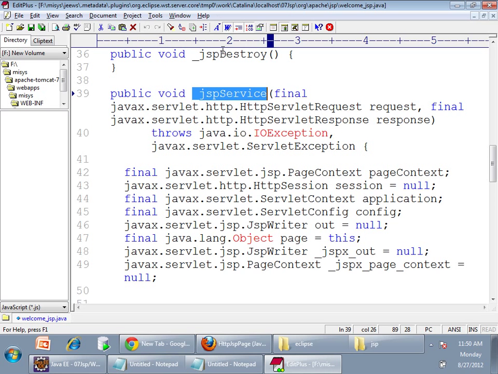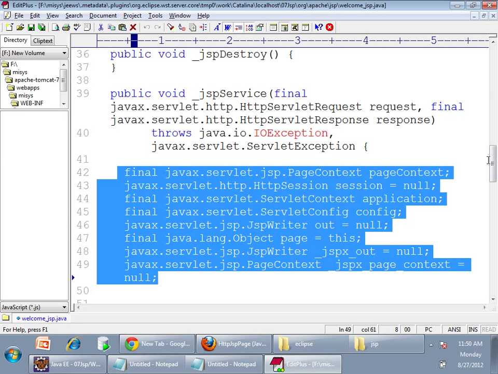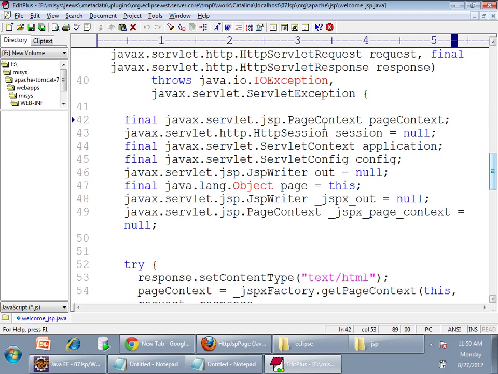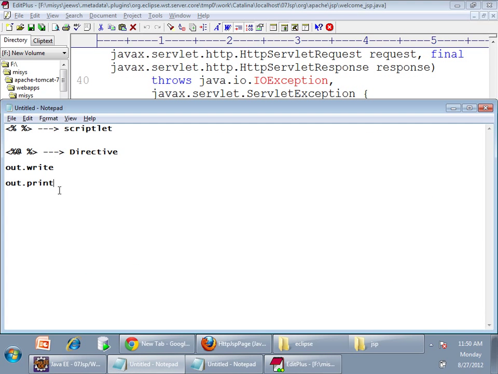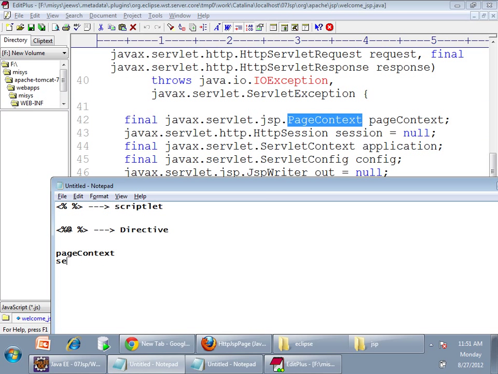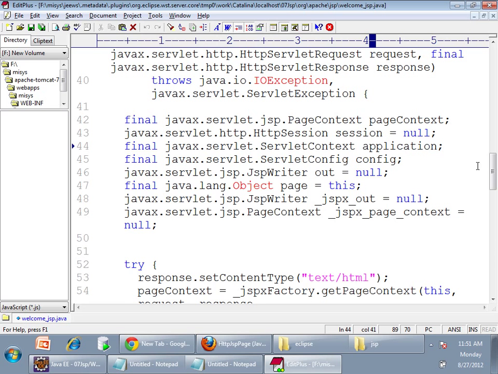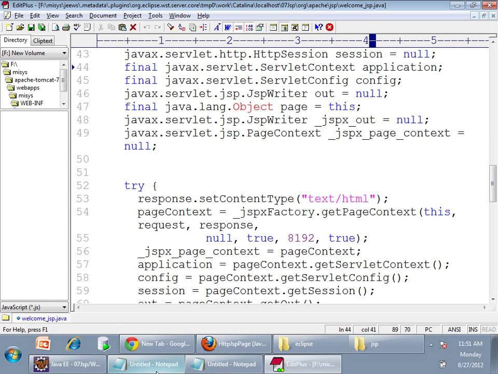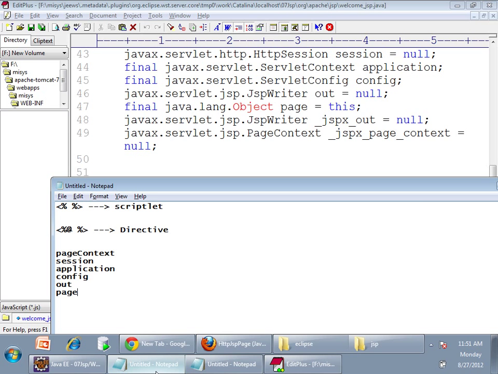Right. Now, in the _jspService method, this is the code automatically generated. Here, there are some variables created. There is a variable called pageContext. I'll just list out all the variables here. pageContext, what else? session, application, config, out, page, right? And also,